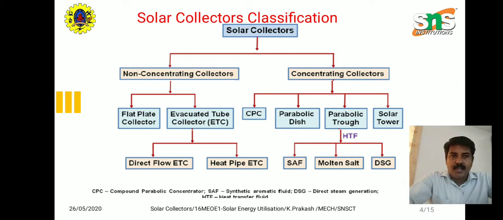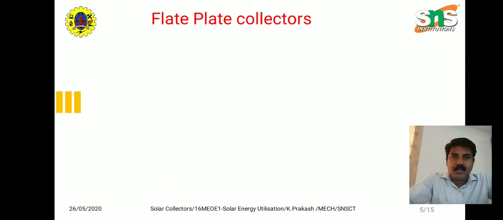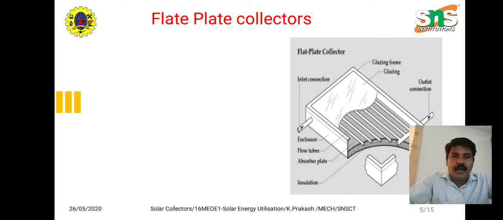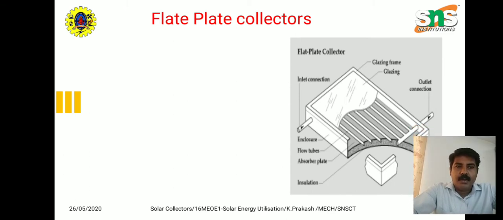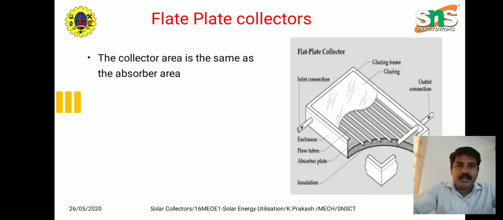The incident solar energy is tapped by various methods, and the efficiency of each device varies. Now let us discuss them one by one. Let us go for a flat plate collector. In a flat plate collector, the collector is kept in an open space. All the water heaters which we use for domestic purposes are a best example of flat plate collectors.